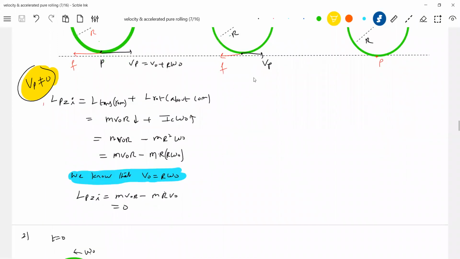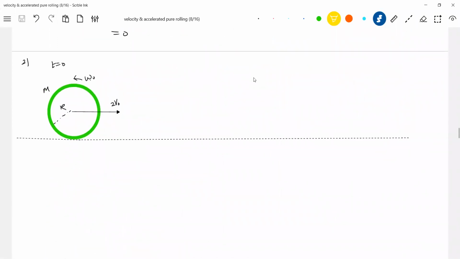Now, next, again the same problem. The center of mass is given velocity 2 V naught. Let's check again according to the given condition. It should be 2 V naught plus R omega naught. So what is the direction of friction? It will be towards the left. Now this friction, what does it do,